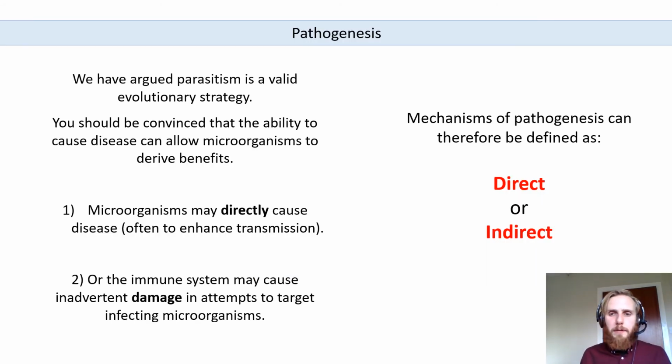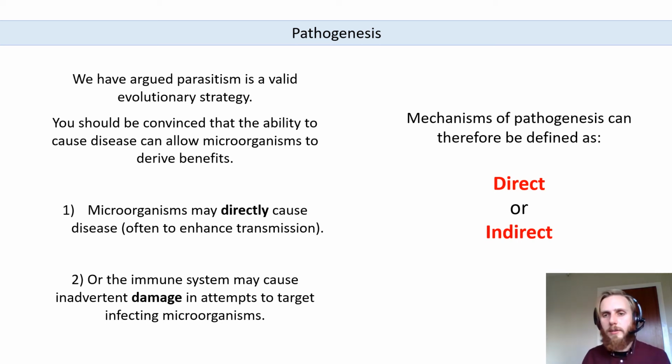Okay, so the key bit of information here is that we can classify pathogenesis as direct or indirect. So viruses, like other microorganisms, can cause disease in either a direct manner or an indirect manner. And if we break down the way in which different viruses cause disease, we can generally say, oh, this is direct disease or this is indirect disease. If we want to break down these definitions, we can generally say that some microorganisms will just directly cause disease. The action of the microorganism, by being there, by things it releases, by things it does,